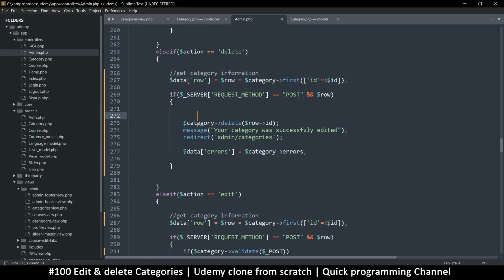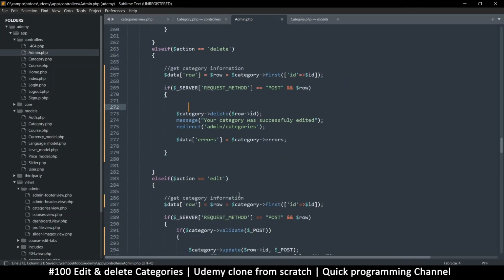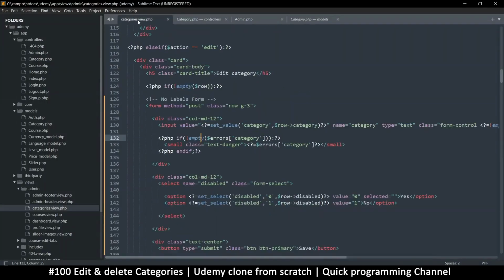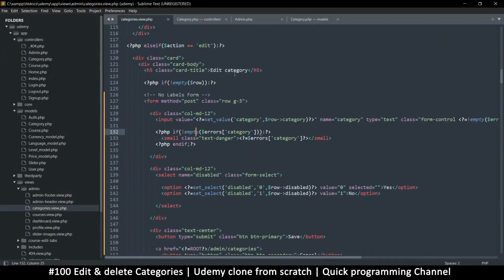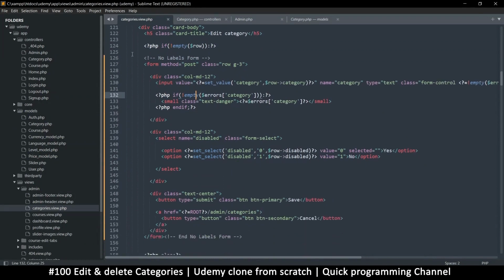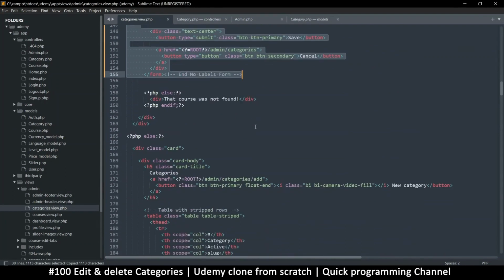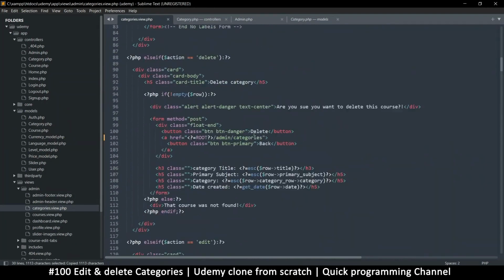You might want to show that error, so you can just put that error in here as well and then display it. So we'll leave it for now, but otherwise this is all we needed. Oh, wait a minute, not really, not quite. We go back to the category view. Let's grab everything in the edit section here. So I'm just going to grab all of this, the form especially,